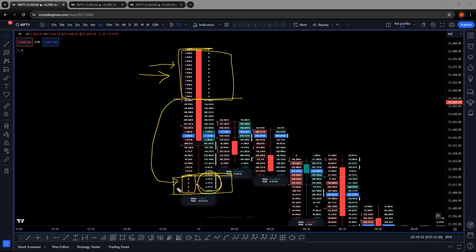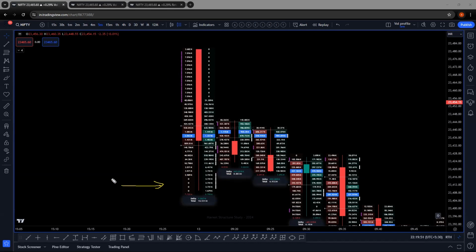Okay, here he started to cover his shorts because enough retail liquidity has come. Retail people started selling. Once they saw this fall, it was very fast. Towards the end of this candle, they started selling. So what did the smart money do? When the retail public started to sell, the smart money started to buy. Smart money started to buy, and there were net buying positions in this candle itself.